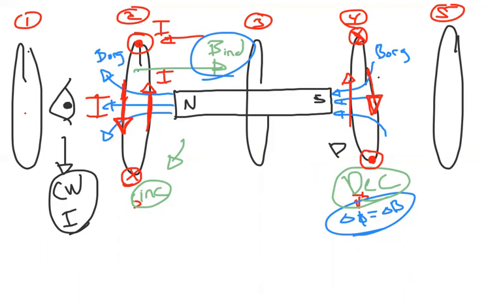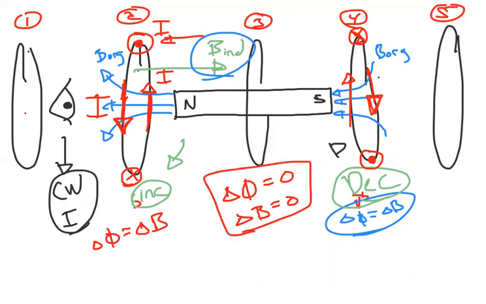No, absolutely. So in this case, flux is 0 because B isn't changing. The reason why we had flux here was because B was changing, but the change in B here is 0. So the change in flux in the center is 0. And even out here, the change in flux is going to be due to the change in B. But out here, this is so far away. Essentially what I was saying is that first, these are going to curl away, and then this one just wouldn't even,